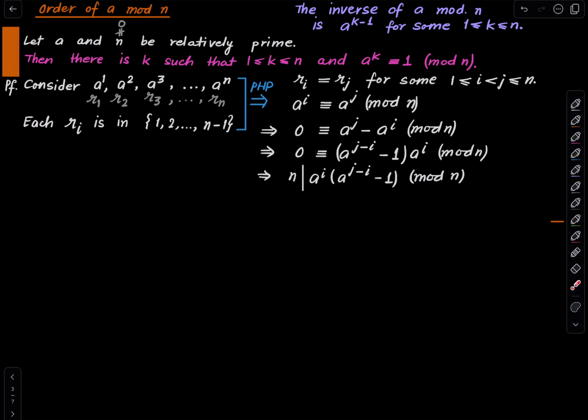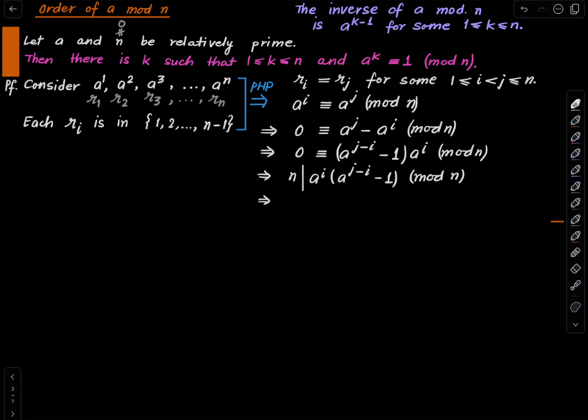But now again the dropping property kicks in. You can drop this part. a is relatively prime to n, therefore any power of a is relatively prime to n. So you can drop this entire thing, or you can drop it one by one if you don't like this. Just what we did over here. So you drop a, then you are again left with the power of a. You again drop it up until the point that you cannot drop anything, meaning up until the point that you are left with 1, at which point we get